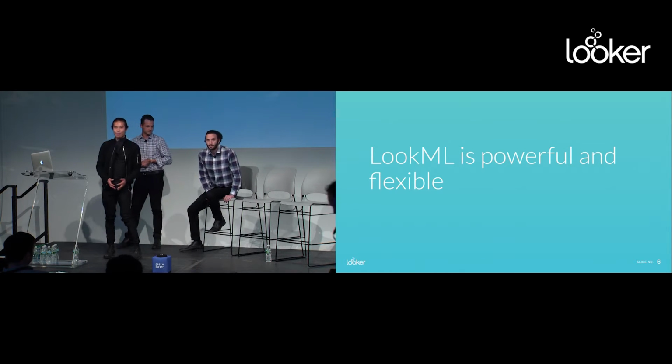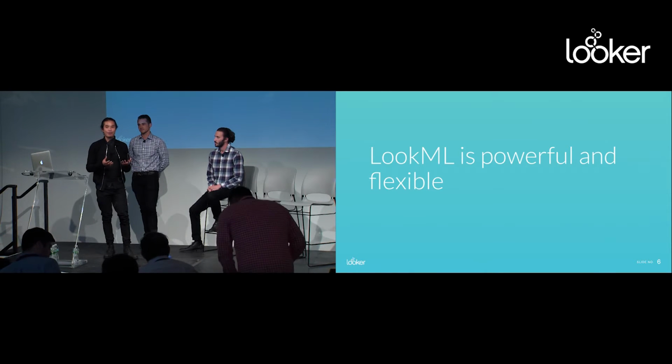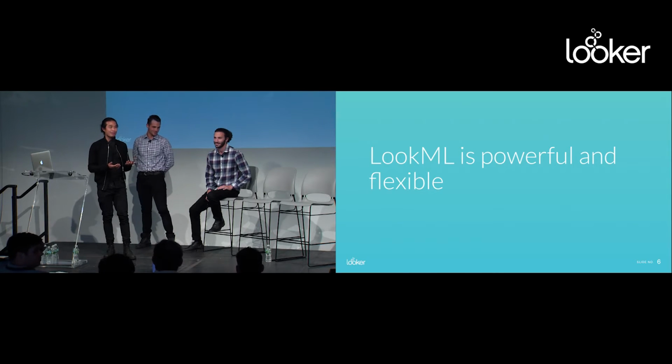LookML is a fairly lightweight language. We don't have a lot of safety rails. It's not heavy or bulky like traditional data dictionary languages. I think the reason for that was because Lloyd was a very generous and benevolent language designer. When he was making LookML, this is actually true,